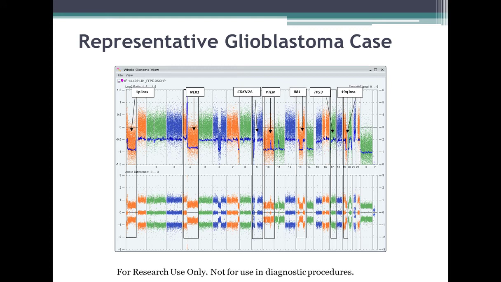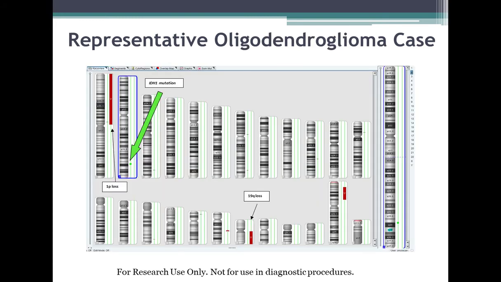This is again a whole genome view of adult brain tumors, which looks at different genes which are dysregulated on an adult brain tumor case, which again is very critical in analysis based on the new WHO classification of adult brain tumors.